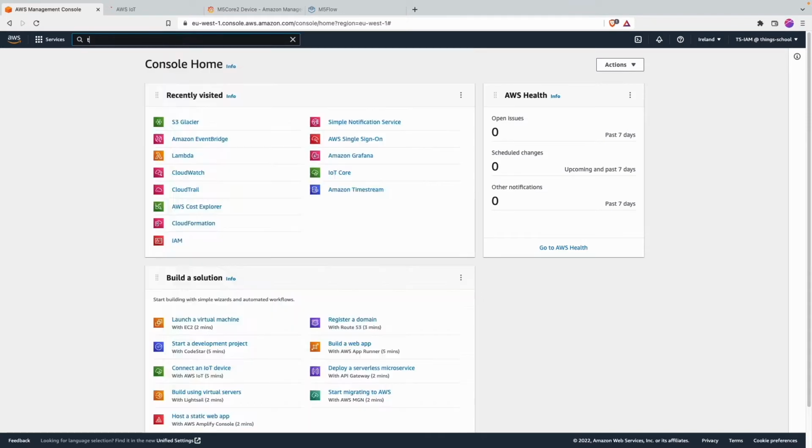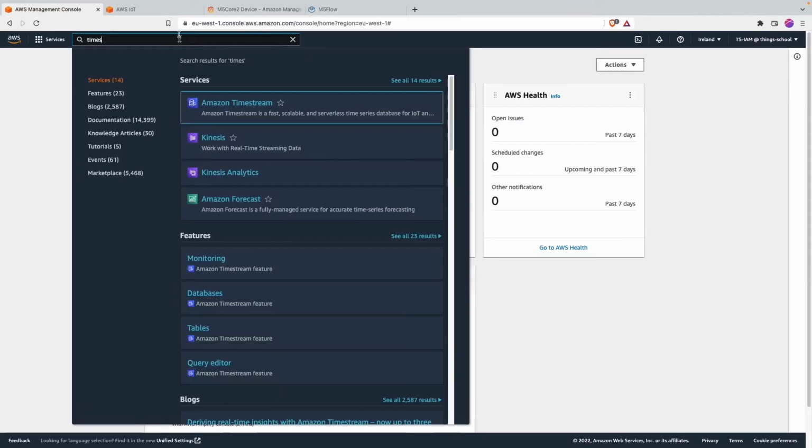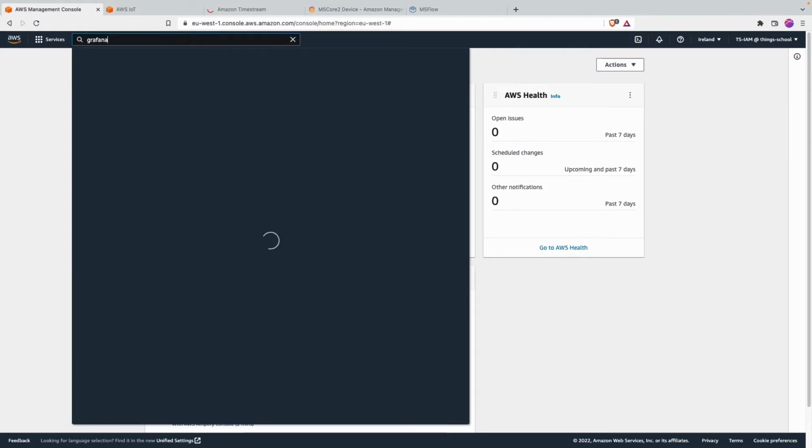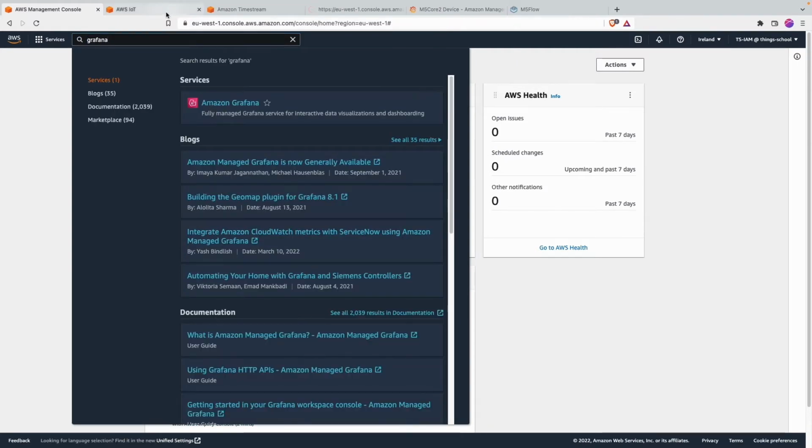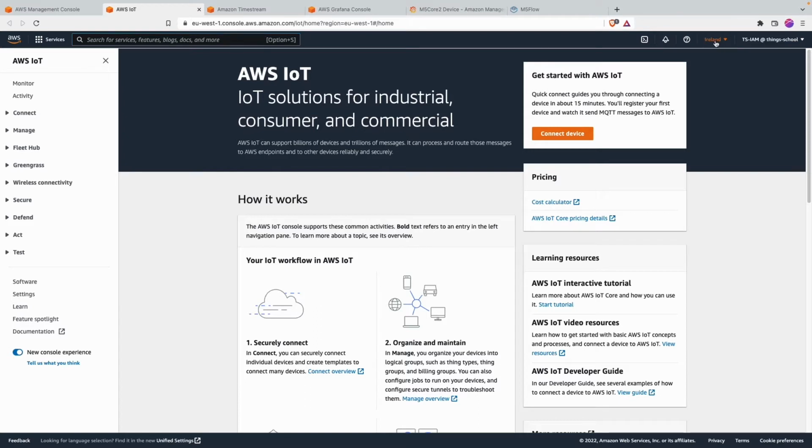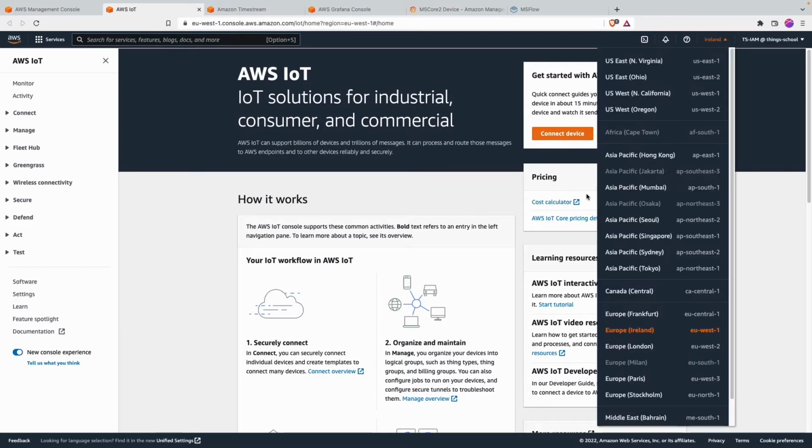Timestream is one of them, and Grafana is another one of them. So if I go to IoT, I see the AWS IoT service is available in all the regions which are enabled. It's not available in Cape Town, Jakarta, Osaka, and Milan. But we have pretty much a number of regions where we can have our